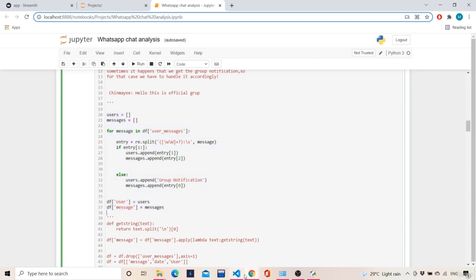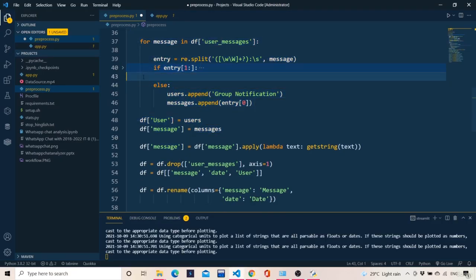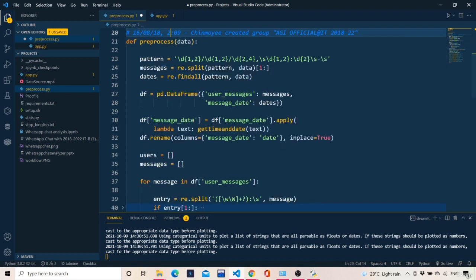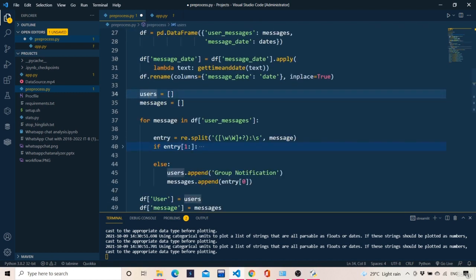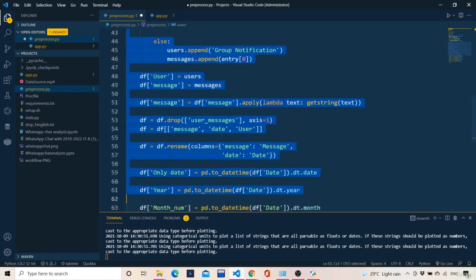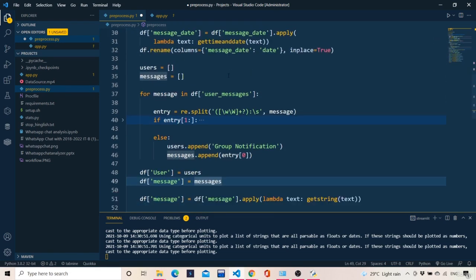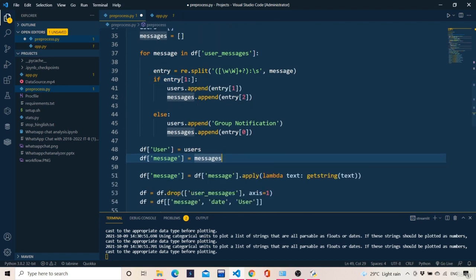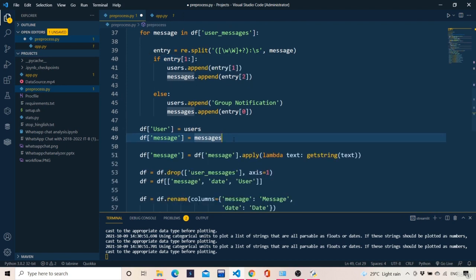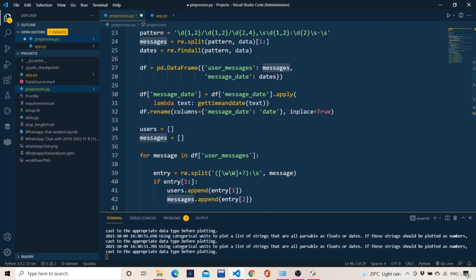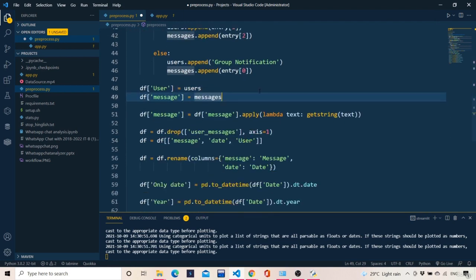Copy and paste, that's it. If you're not understanding anything, better you use Jupyter Notebook, explore, and then type it into production directly. Okay, so once this is done, what is the next thing?